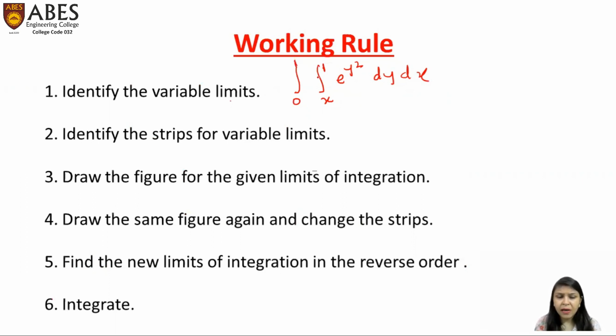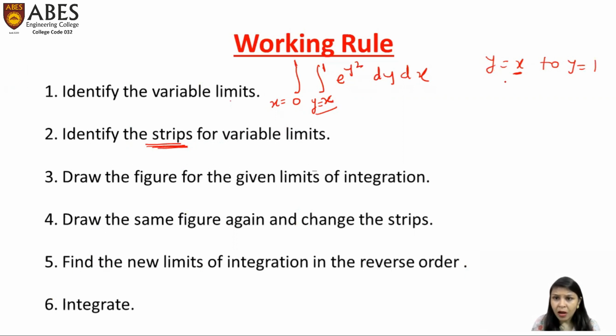So सबसे पहले आपको आइडेंटिफाई करना है which limit is in the variable limit and which limit are constant. So in this question, this limit is in the form of x. So this limit definitely is of y and the other limit is of x. Now next point is identify the strips for variable limits. Now we have to identify the strips. Strips means कि अगर आपकी y की लिमिट वेरी कर रही है, यहाँ पे y की लिमिट क्या है, x टू y इक्वल्स टू 1, ये लिमिट वेरी कर रही है क्योंकि इट डिपेंड्स ऑन द वैल्यू ऑफ x। x की वैल्यू जैसे जैसे चेंज होगी y की वैल्यू भी चेंज होगी, दैट्स व्हाई इट्स कॉल्ड इट्स वेरिएबल लिमिट।